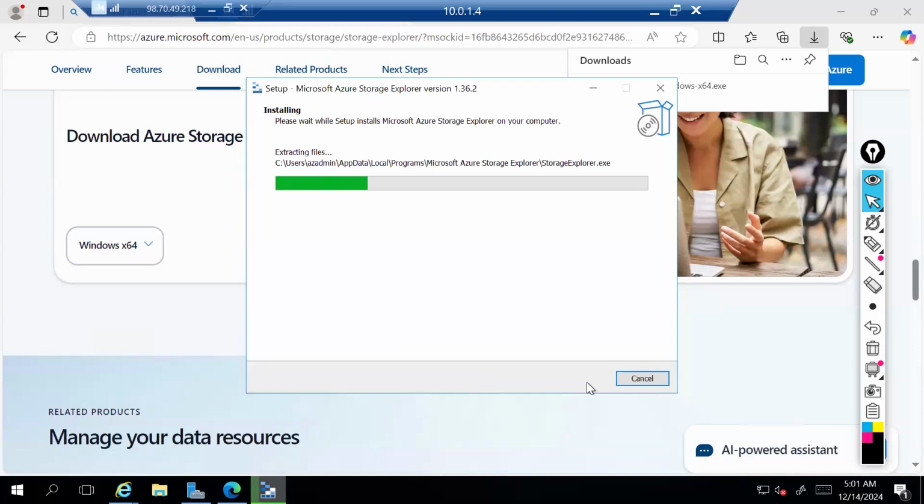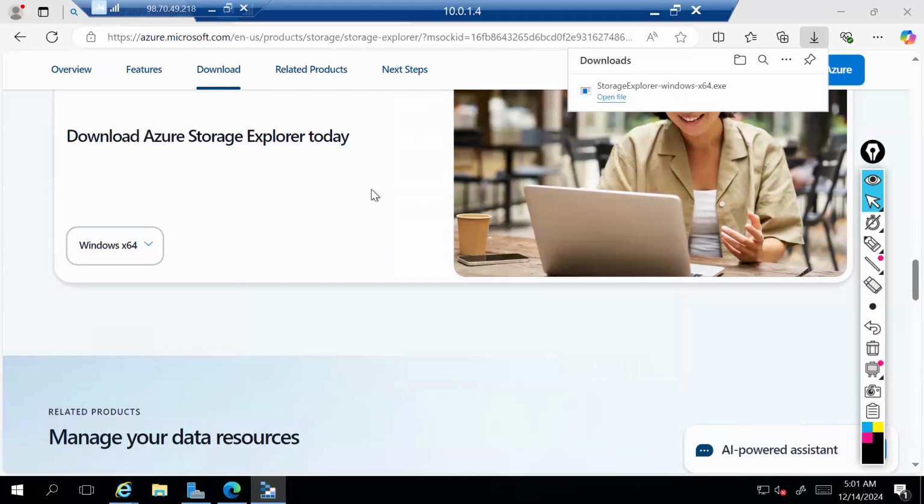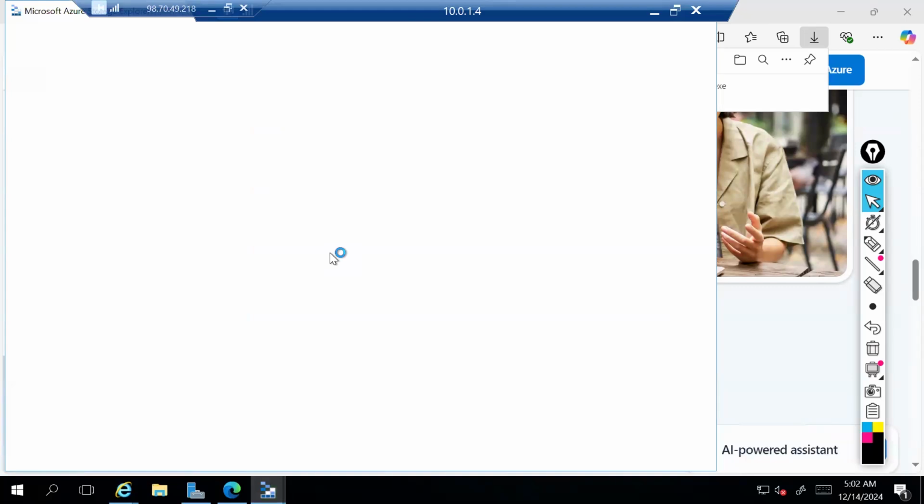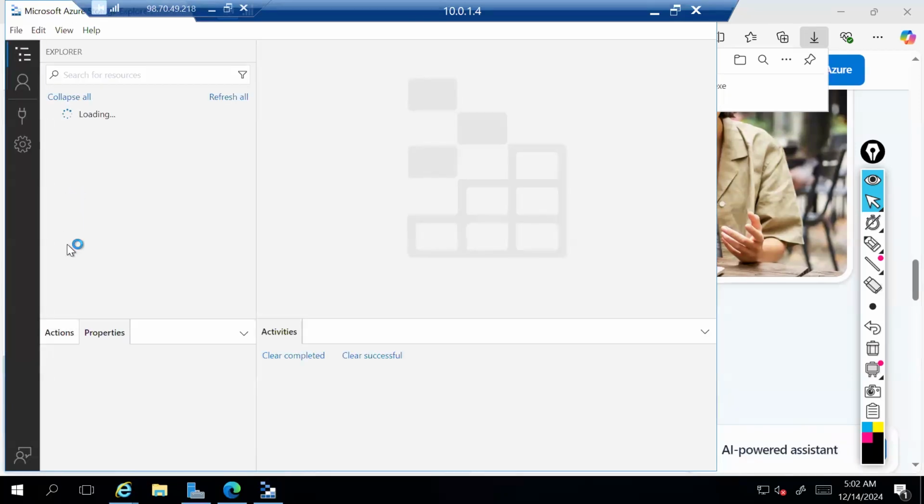And it's open source too, so you won't get charged anything. Storage Explorer is downloaded. Now what I'm going to do is connect my account first.